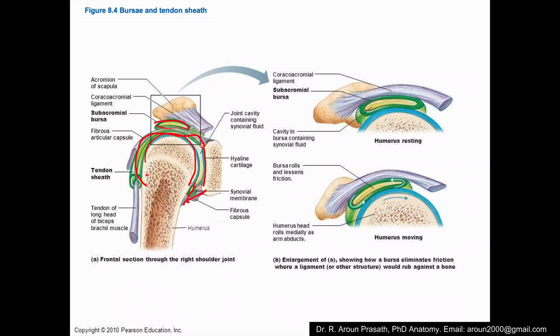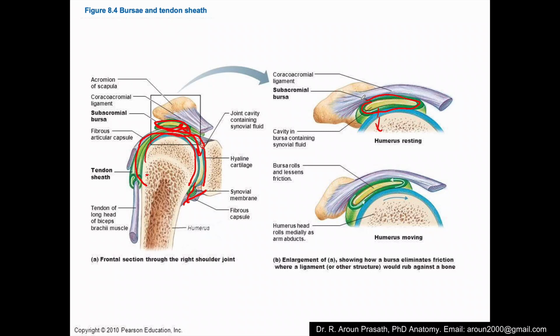As I told you, it's a temporary pouch. It is a pouch-like structure that collects the synovial fluid. This synovial fluid will come and pour into the joint cavity. The largest bursa in the body is the subacromial bursa, under the acromion process of the scapula. That is said to be the largest bursa. We will see all the structures when we discuss each and every joint.